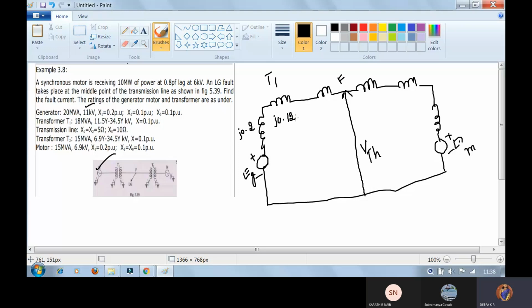Then come to the part of the transmission line. Before and after, we have not done any calculation, but here it was given for X1, X2, X0. So we'll repeat the same answer, that is j is equal to 0. Sorry. Please guys, can you divide this answer and tell me 0.146 by 2? 0.146 by 2.